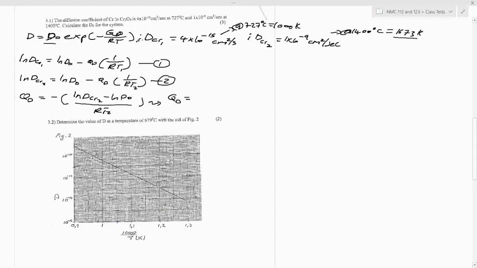Let me make sure I'm not making any mistakes here. Actually, there's a mistake here. Let's scratch out this entire part of the equation. This is what it should be. Should be